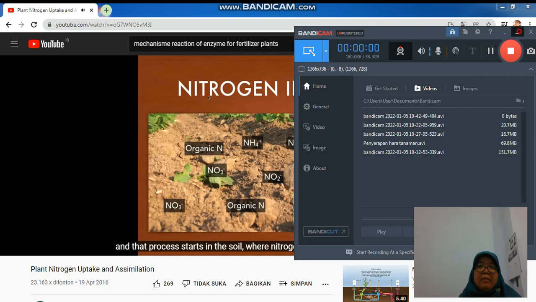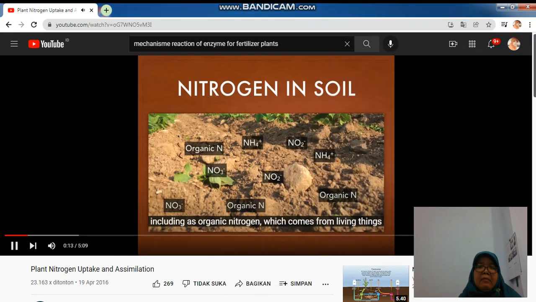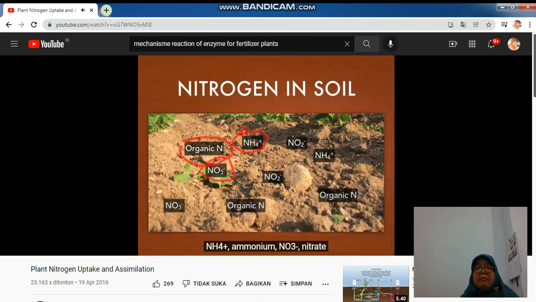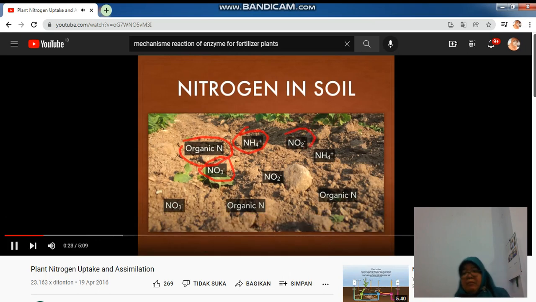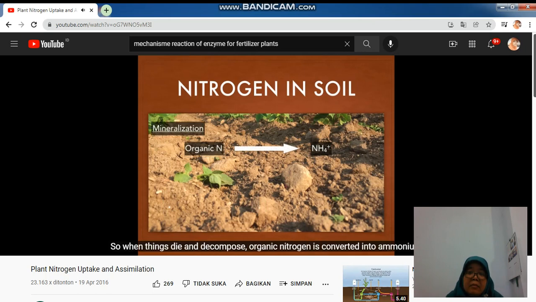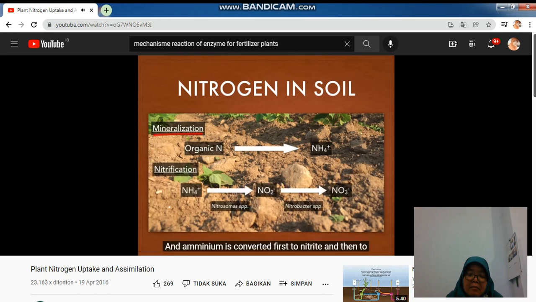Nitrogen is found in a number of forms, including organic nitrogen, which comes from living things, NH4+ ammonium, NO3- nitrate, and NO2- nitrite. When things die and decompose, organic nitrogen is converted into ammonium by the process of mineralization, which is done by a number of bacteria and fungal organisms. Then ammonium is converted first to nitrite and then nitrate through the process of nitrification, which is done by